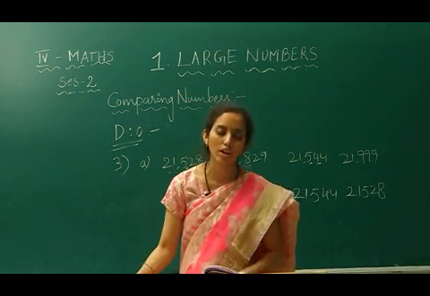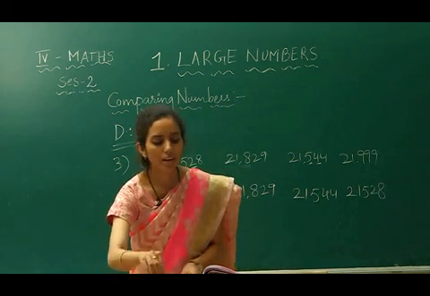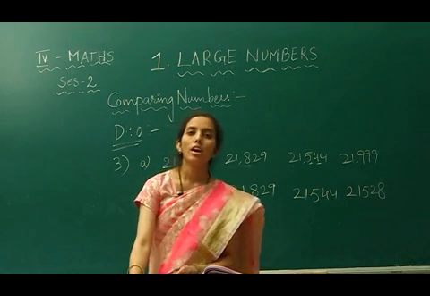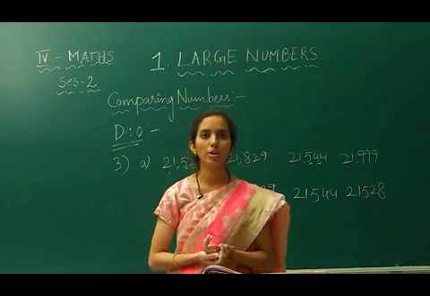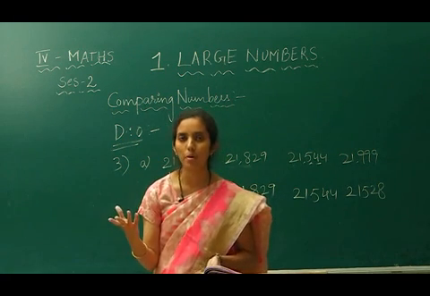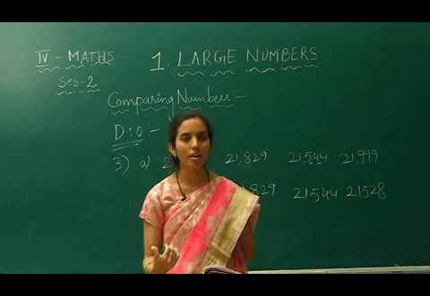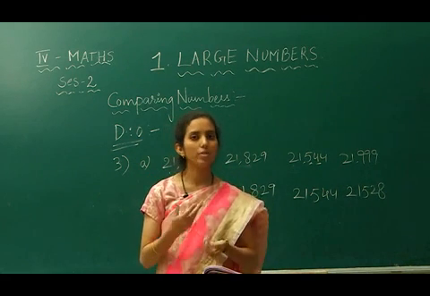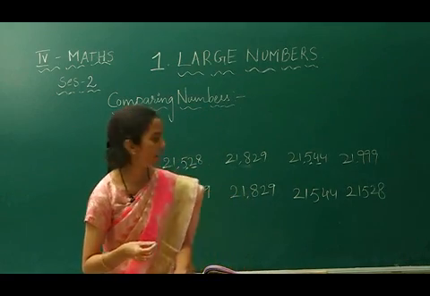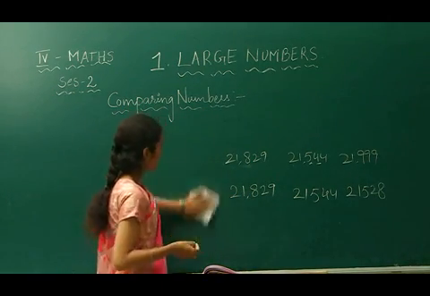5,946, because it is only in thousands. Now, next topic is building the numbers. What is building the numbers? If any digits are given to you, and they ask you to find out the greatest possible number with the given digits, and the smallest possible number with the given digits, how do we do it? That is very simple. It is also related to ascending order and descending order only.